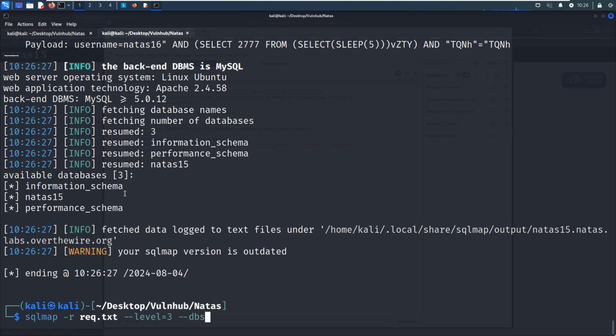So which option can we use? We can use uppercase -D to specify the database name, natas15, and I want to know how many tables are in this database. Tables.